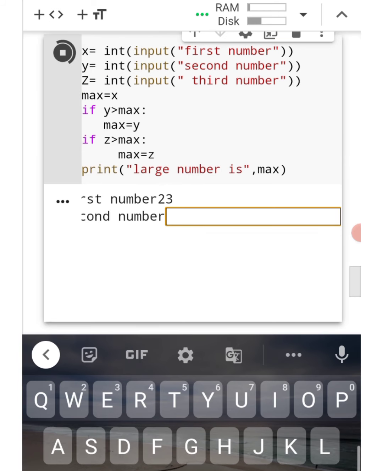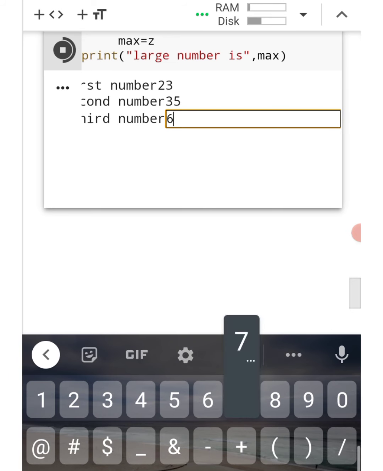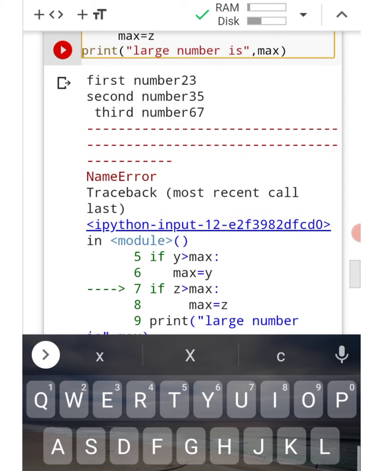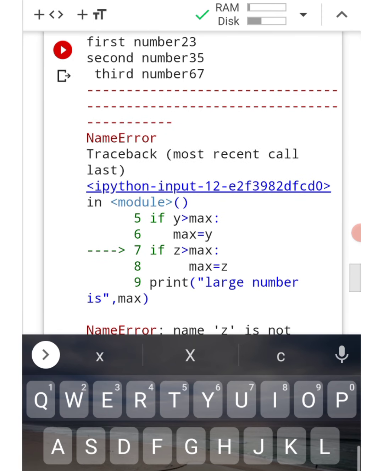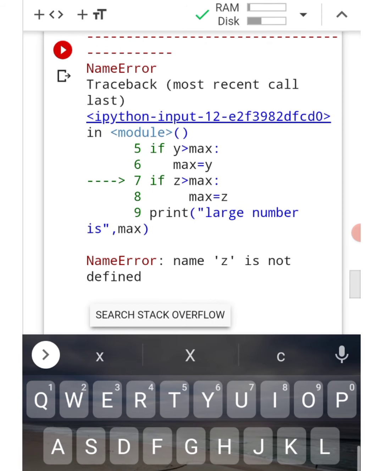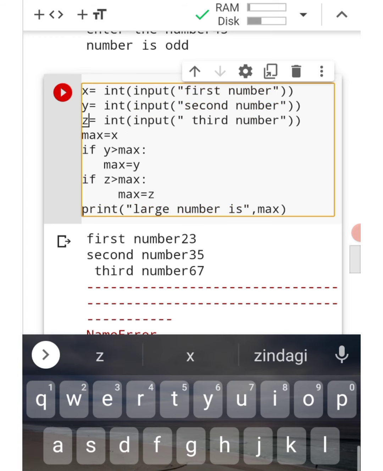We enter the first number, now the second number, and now the third number. We get an output with an error: a NameError. z is not defined, because we used a capital Z. See, a typo mistake was done.